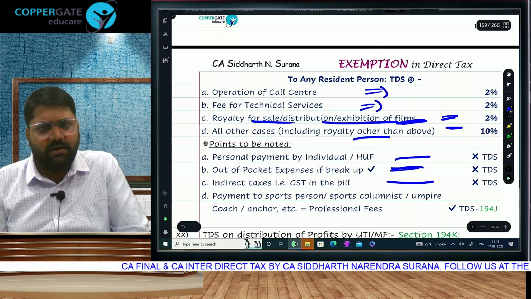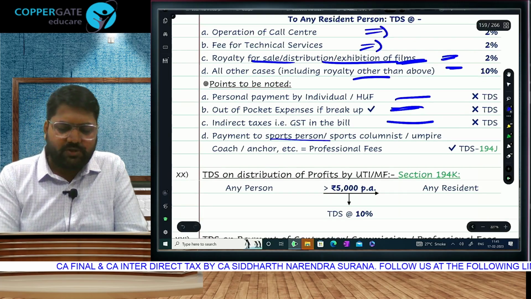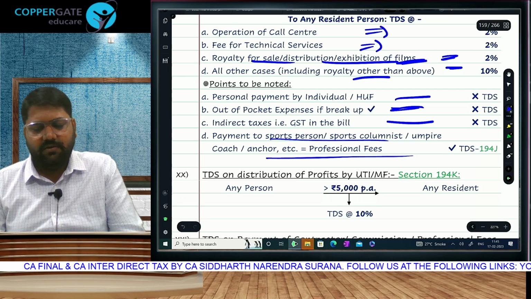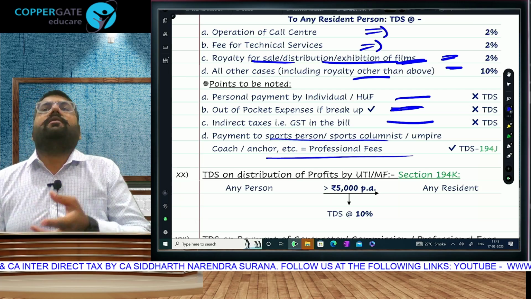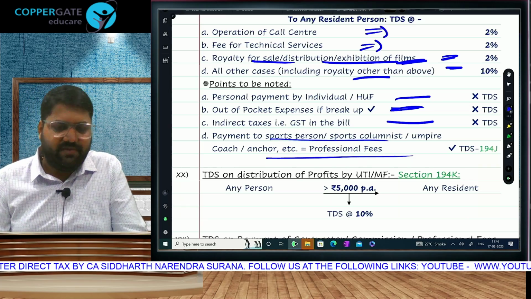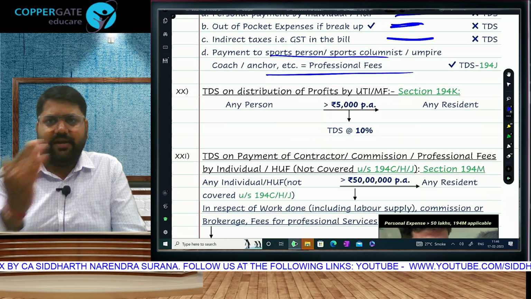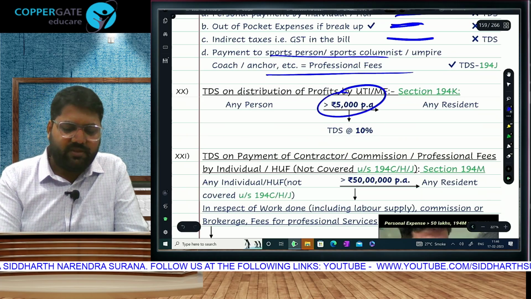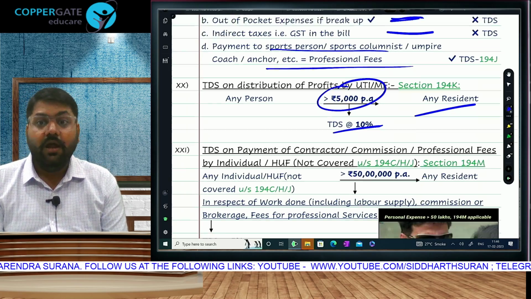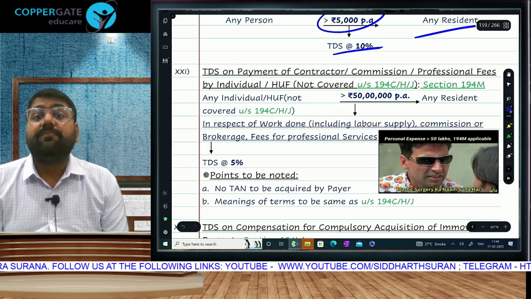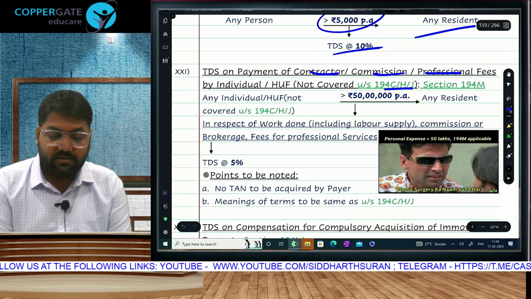Indirect tax, full chapter, there will be no TDS. And any payment to sportspersons and all that will fall in 194J, professional fees. Obviously, if they are resident then this will apply, and if the sportsman is non-resident then we know that for a foreign national sportsman there is a separate limit. Just like dividend, if a mutual fund is distributing profit of more than 5,000 then 10% TDS applies only to residents; non-residents will go in 195. If there is payment of contractor commission or professional fees which is already covered, but the